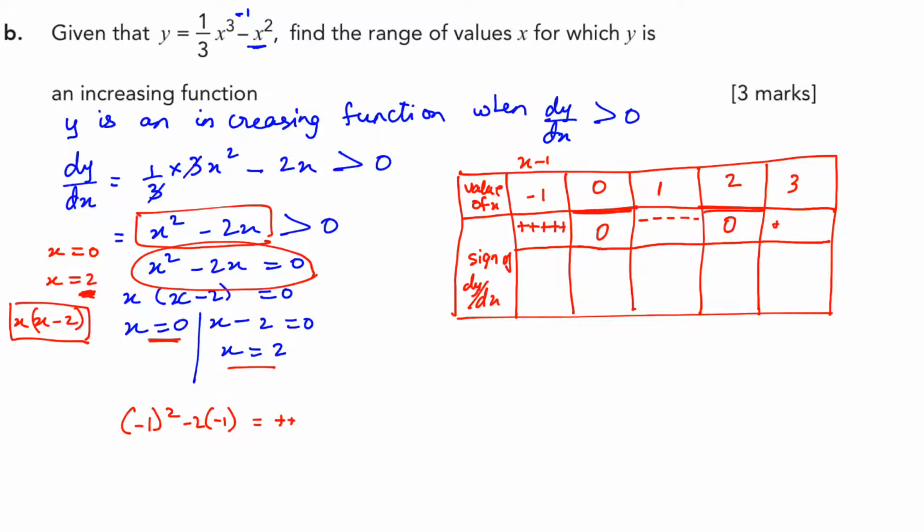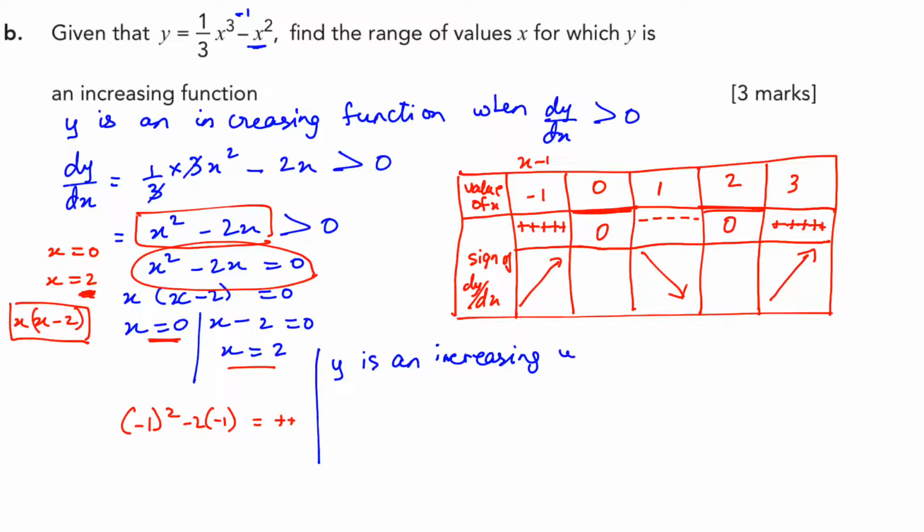And when you substitute 3, you are going to get a positive value. If it is positive, draw the arrow up. Negative, draw the arrow down. Again, it's positive, draw the arrow facing upwards. When it goes up, it means your graph is increasing. So it is increasing when it is less than negative 1. So y is increasing. You have to write the whole statement. You get half mark for writing the statement. So y is an increasing function